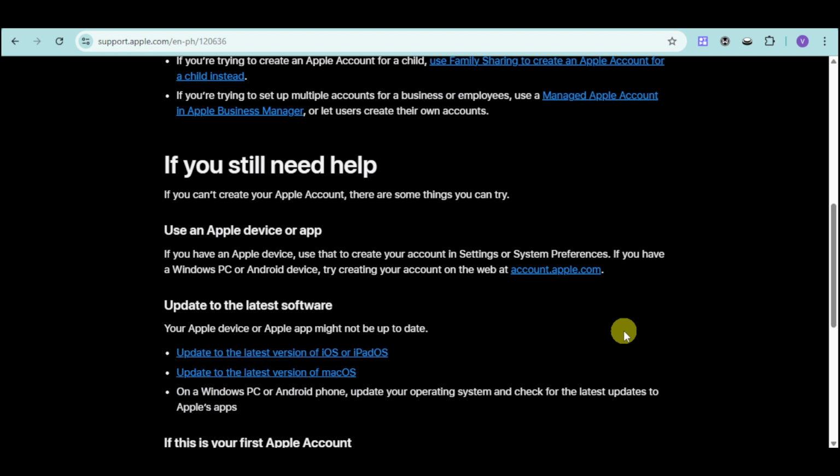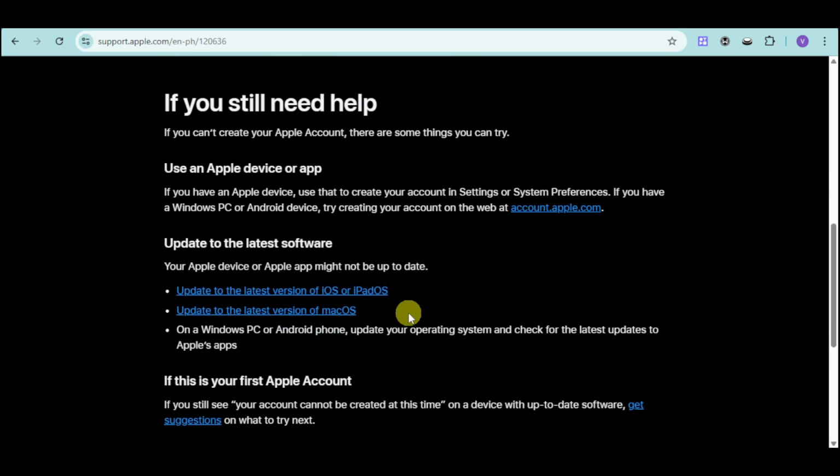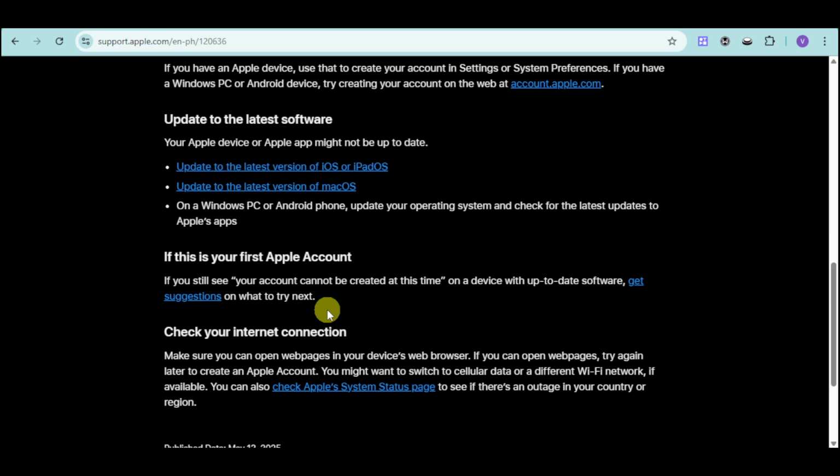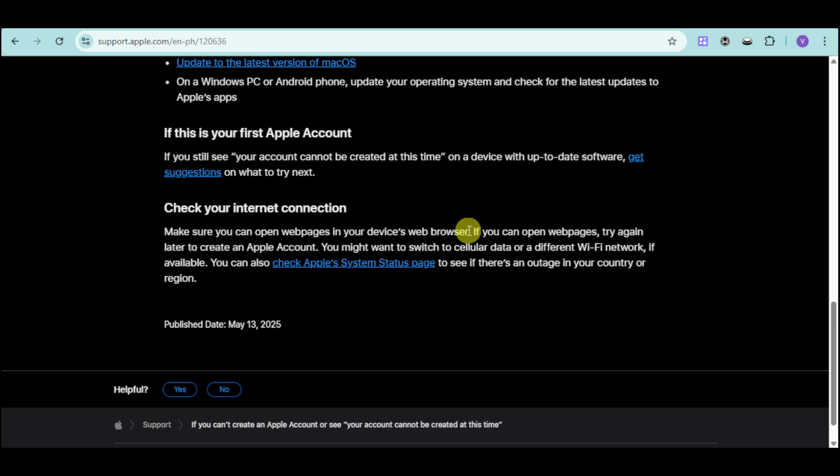If you have a Windows PC or Android device, try creating your account on the web at account.apple.com. You can also update to the latest software on your iPhone or iPad. And if this is your first account, you can get some suggestions on what to do next based on this. You can also try to check your internet connection to see if it is fast enough in order to create an account for